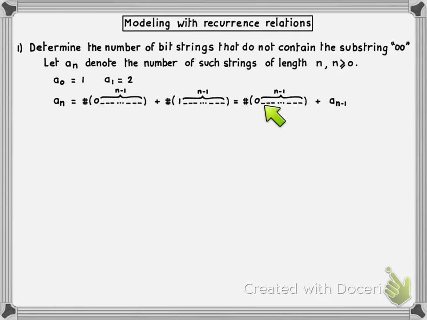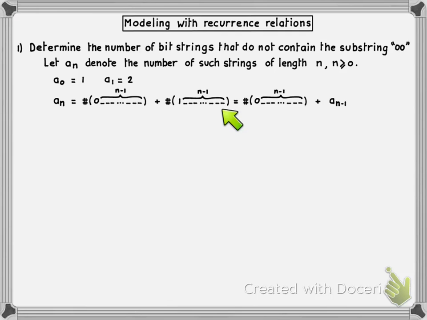Because even though it only has a 0 and then all 1s, so it doesn't contain a 00, once you stick a 0 in front of it, the resulting string has a 00 in the front and therefore should not be counted in this number. So because of this leading 0 here, we cannot use the same reasoning to infer that this number is a sub n minus 1. In fact, I can't think of a direct way of computing this number,